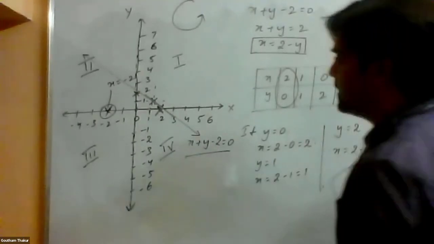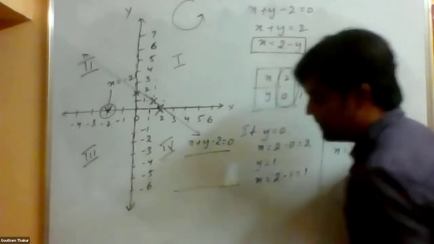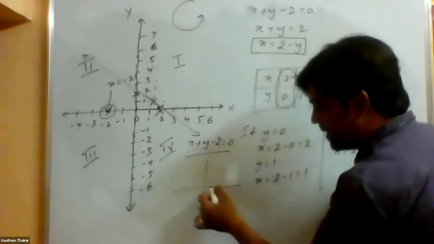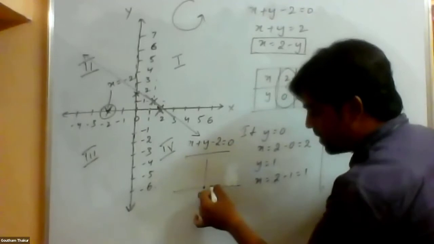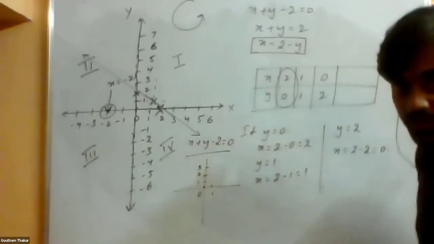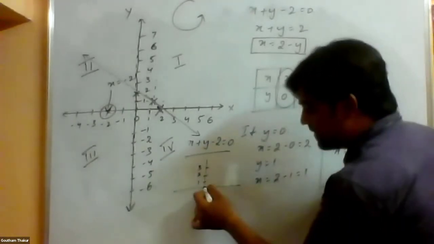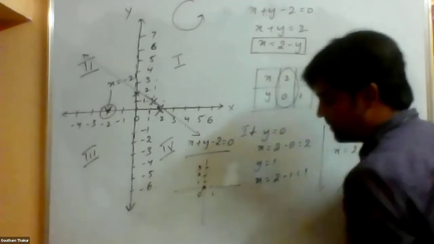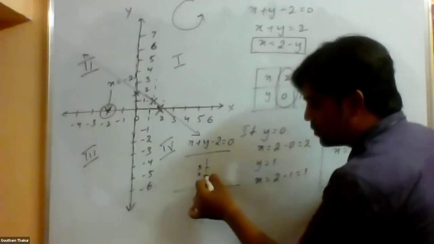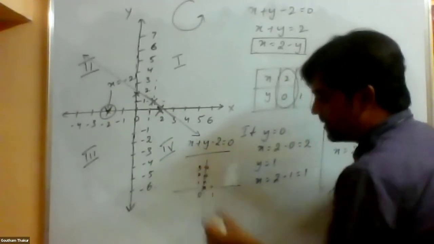Y is equal to 0, you didn't understand. See, this is my number line. Okay, and this is one more number line. When I say 0, or when I say 1, 2 and 3, I'm explaining it once again. When I say y is equal to 0, it will be a number line only. When I say y is equal to 1, it will be over here. When I say y equal to 2, y equal to 3, like this.